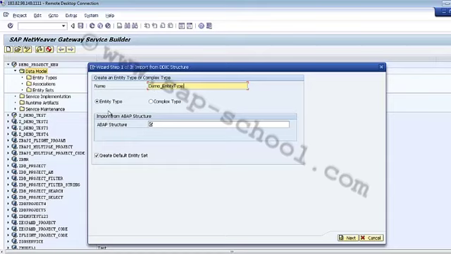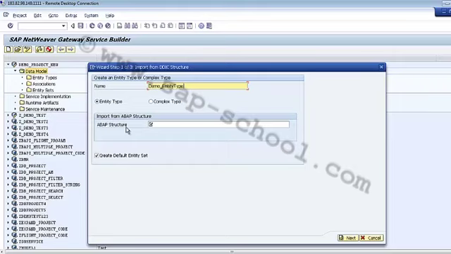After that we can either select the entity type, that is to import the selected structure into your data model as an entity type, or we can select this complex type to import the selected structure into the data model as a complex type. We have to choose from these two options based on our requirement. Then in the ABAP structure field we have to enter the ABAP structure name, or we can use the input help to get assistance.